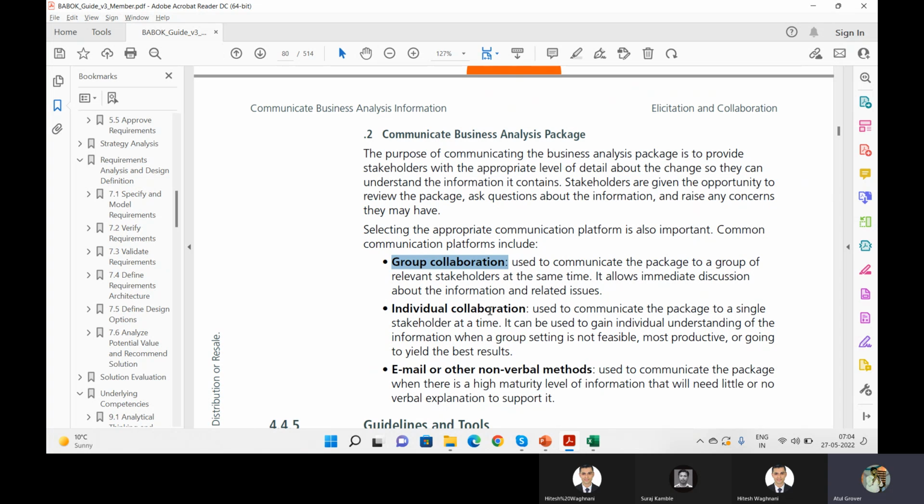Individual collaboration, कि भाई पहले मैं एक एक करके भेजता हूँ, पहले एक को भेजूंगा, फिर दूसरे को भेजूंगा, फिर तीसरे को भेजूंगा। लेकिन इसमें क्या है कि मेरे बहुत सारे स्टेकहोल्डर्स होते हैं, पॉसिबल नहीं होता। आप 1-to-1 मेल नहीं भेजते, आप मास मेल भेजते हो। ईमेल और अदर नॉन वर्बल मेथड्स, फोन पे बात कर ली, कॉल पे बात करके उसको बोला हाँ भाई ठीक है, ये करना था ना, हाँ करना था, डन।